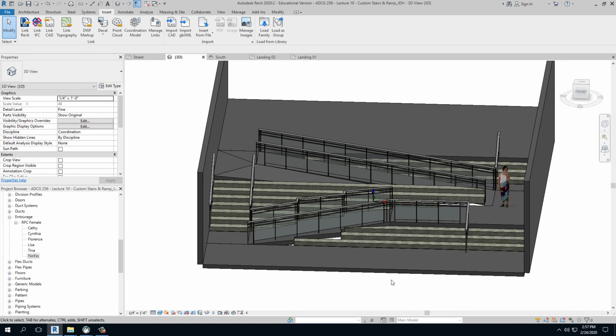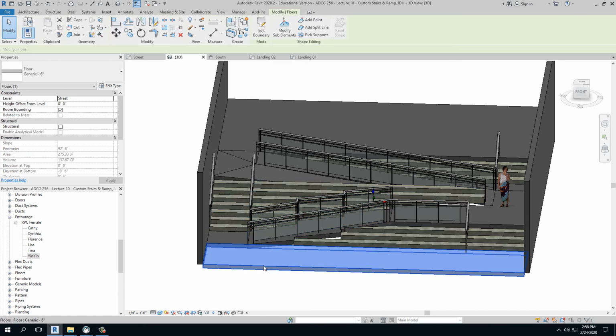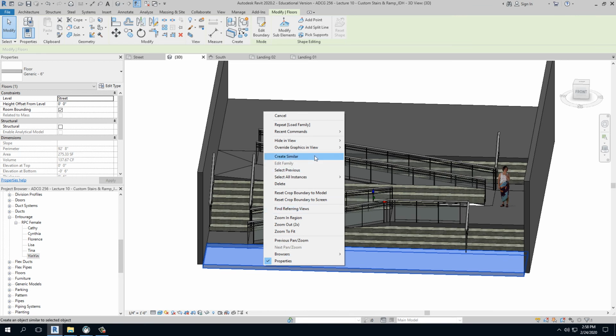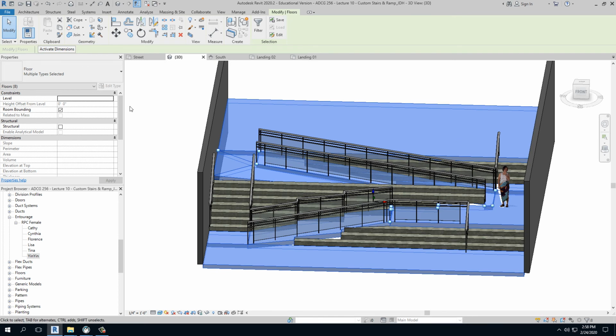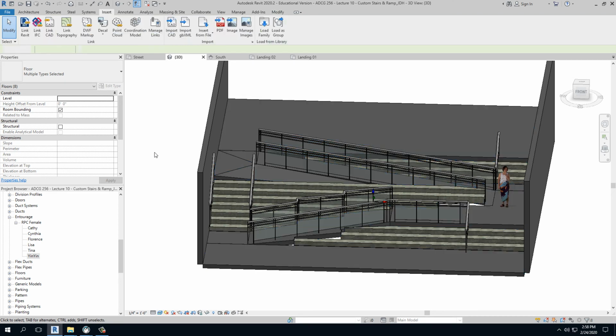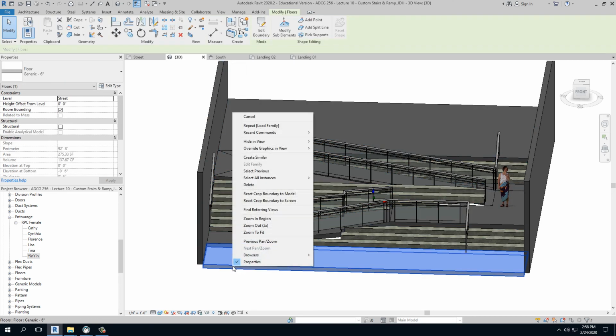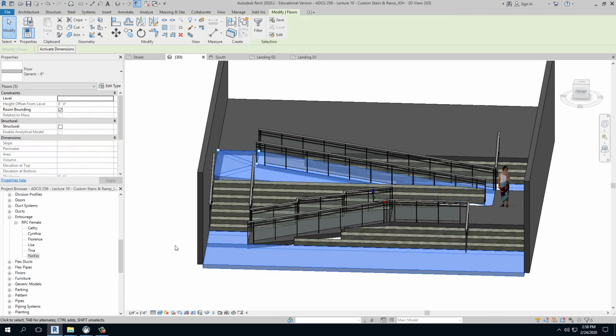Now, if I want all of this to match, last thing I have to do is go in and click on all my floors and say, select all instances visible in view, right? Those are those floors. Then I can select that floor, and this floor, and I can say multiple floor types selected. Can I do anything with those? No, I can't. I have to do them individually. So again, click this, and I can say select all instances visible in view,